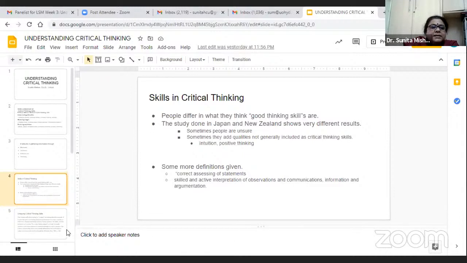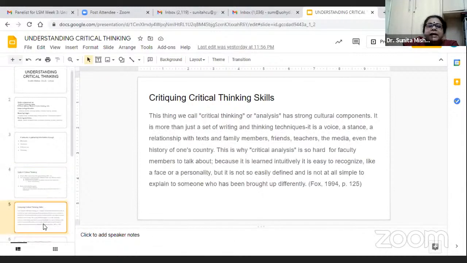Yes. Now let us look at how some people have looked at it. Please look at this definition. Now this author, it's a she, by the way, is talking of critical analysis. It's very difficult to think about. It is not an easy concept. It's a very, very abstract concept, although we present it as something which is available to most people most of the time. And it is difficult primarily because